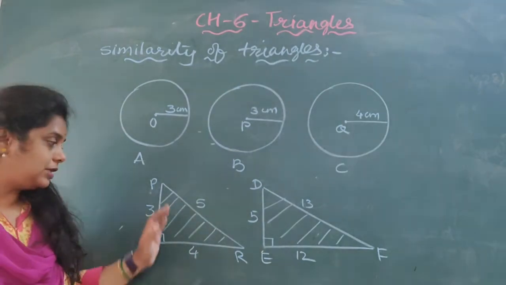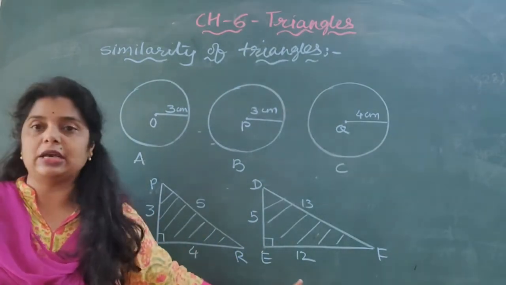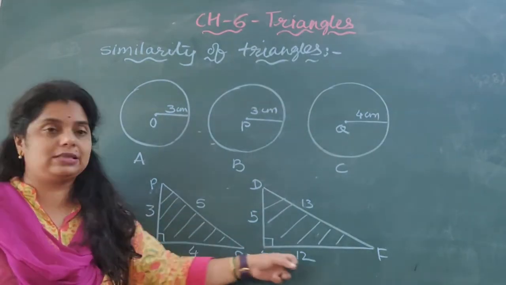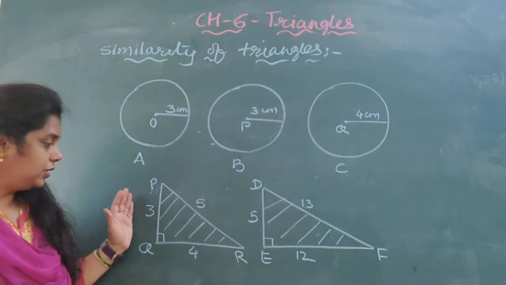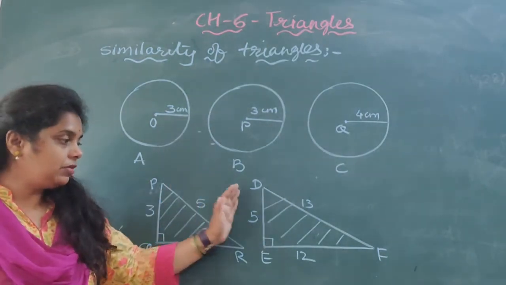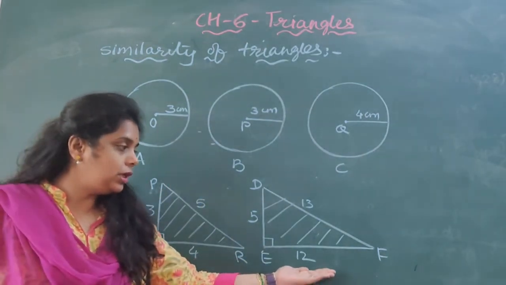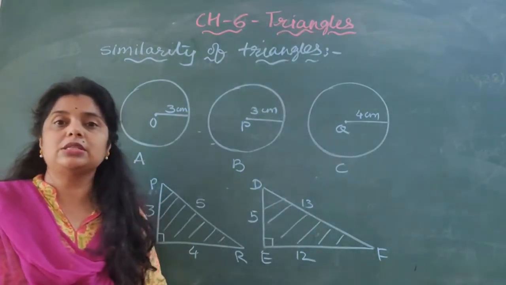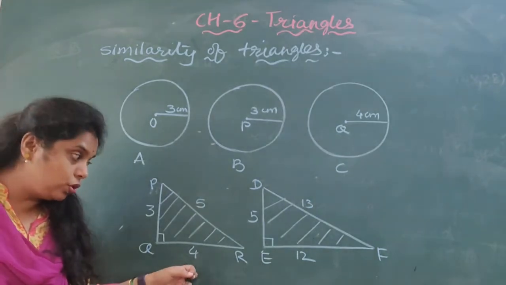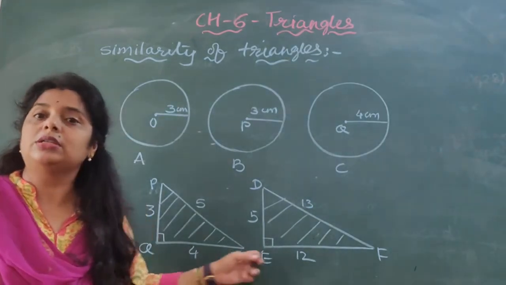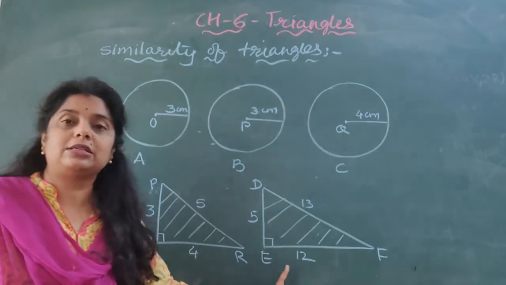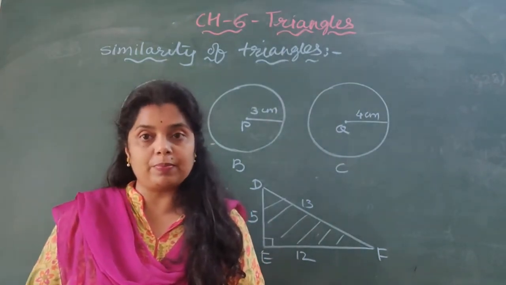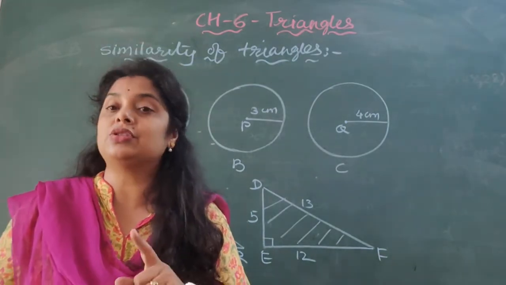If you see here, the right angle triangles PQR and DEF are there. The size or length of the sides are different. Here PQ is 3, DF is 5, QR is 4, EF is 12, PR the hypotenuse is 5, here the hypotenuse is 30. So although both the triangles are right angle triangles, it means their shape is the same but the size is not